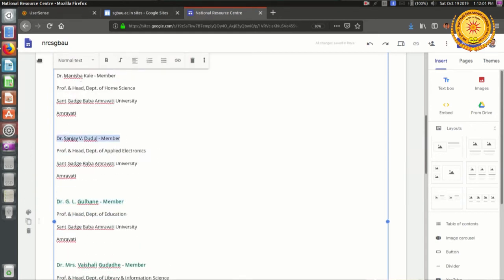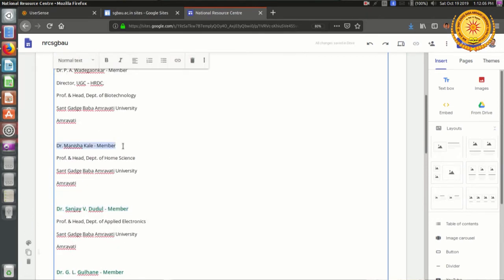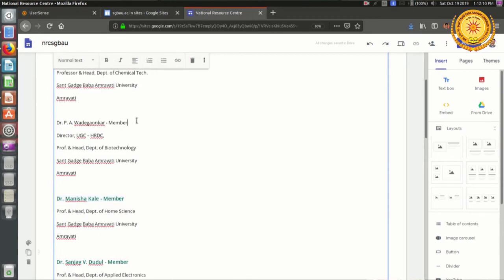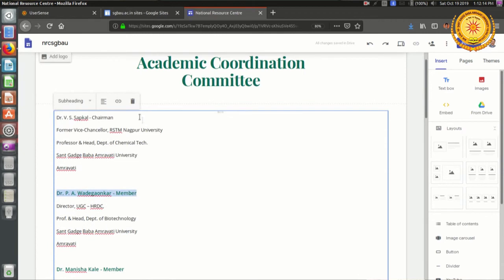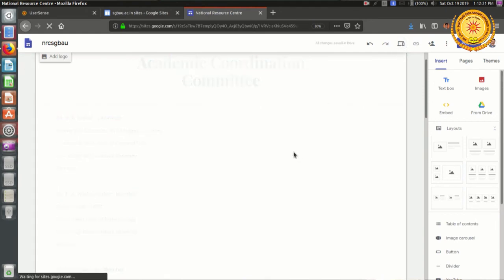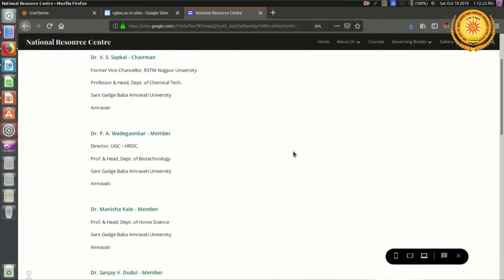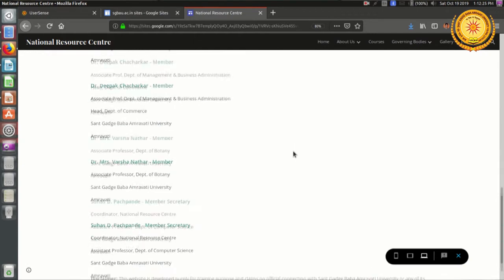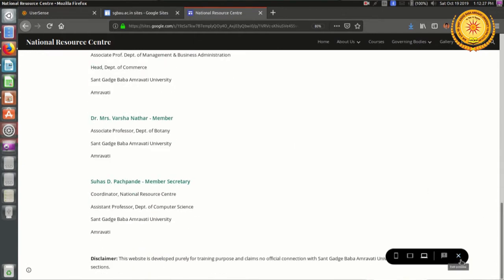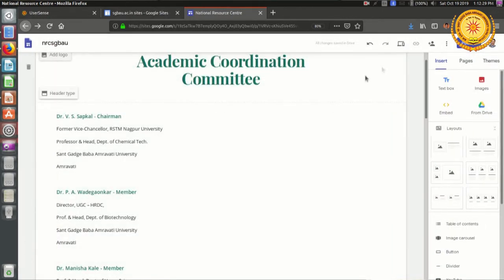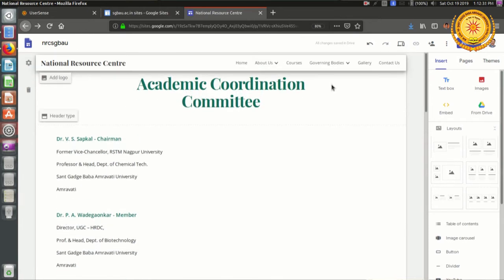Although I have just listed the names of the members of committees, depending upon your requirement, the contents of every web page may differ. What I could have done here is mention the jobs and responsibilities of each of the committees at the top, and then list the members of that particular committee.